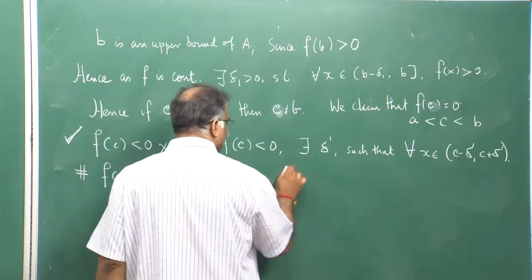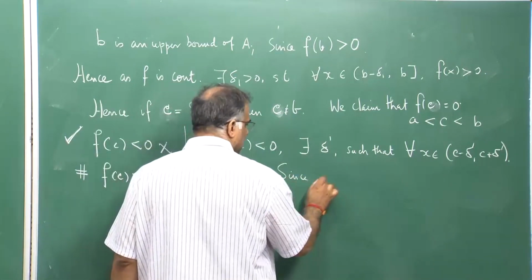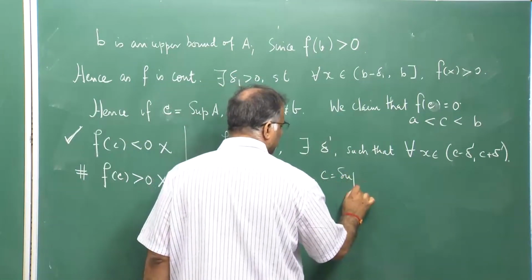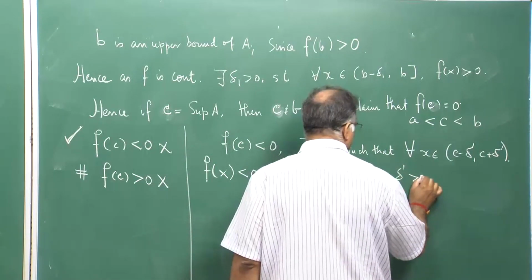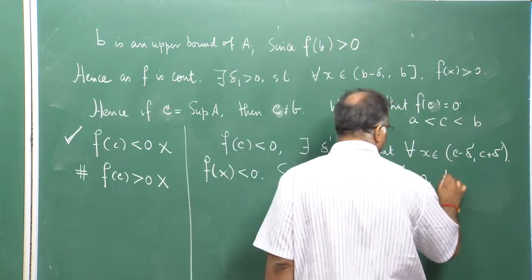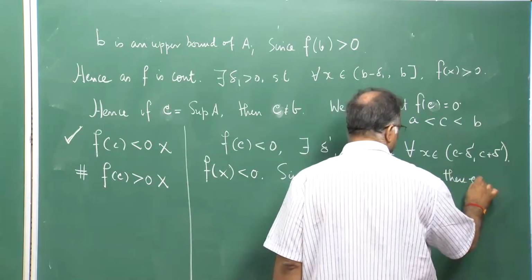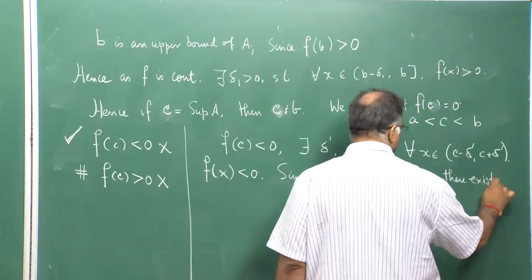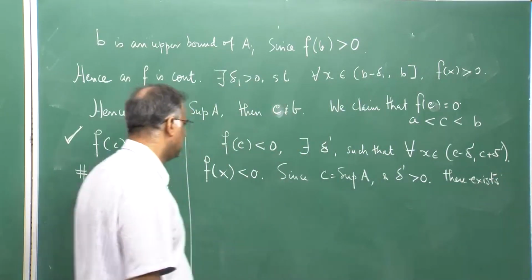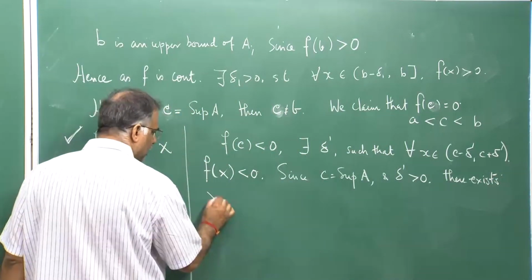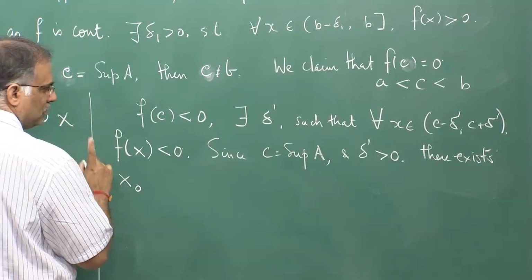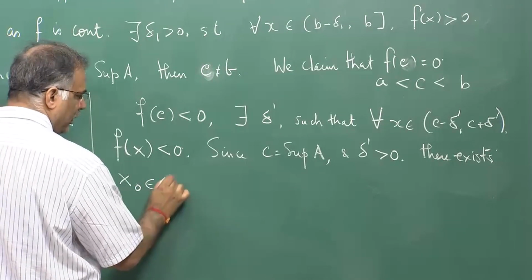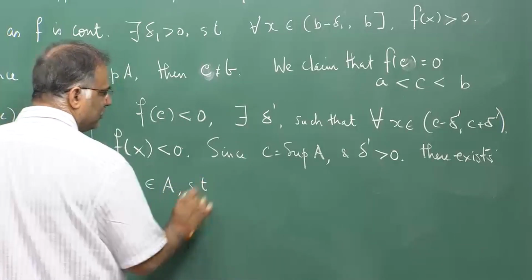Now, since c is equal to supremum of A and delta dash greater than 0, there exists x naught element of A such that